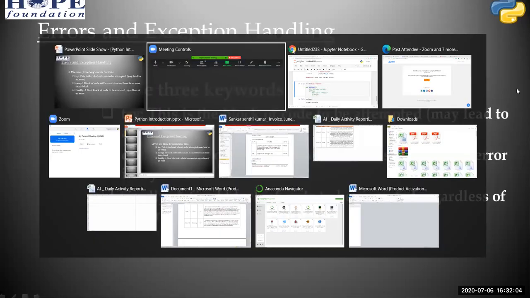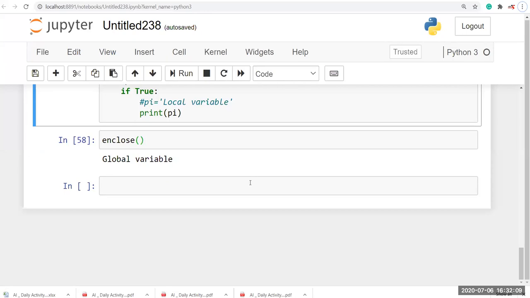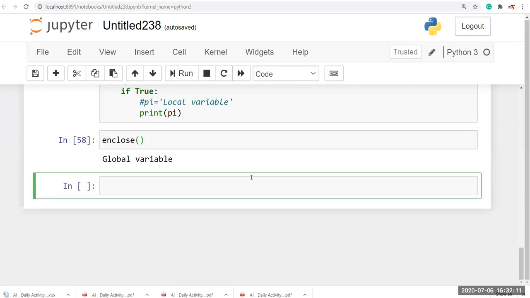Let's see the examples on Jupyter Notebook. First I'm going to define a function called add, and here I'm going to pass n1 comma n2 arguments.